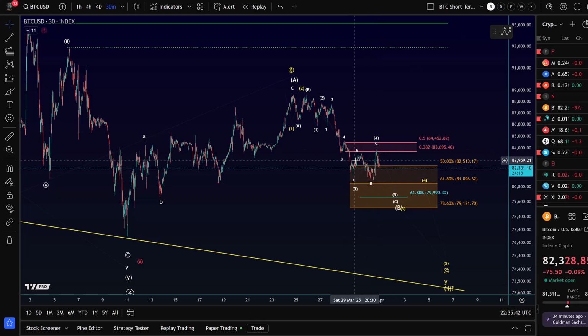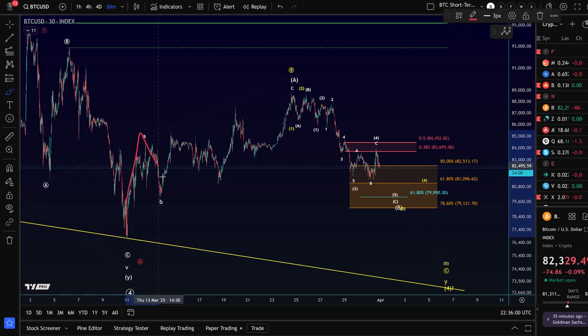Okay, so Bitcoin remains caught between support and resistance and is simply filling in the wave pattern. There is at the moment no change to the structure, no change to the wave pattern. What we talked about before is that we had from this swing low on the 11th of March a three-wave move to the upside. That, of course, leaves, unfortunately, a lot of room for interpretation. In this video, I really only want to take a look at the microstructure, not the daily chart.